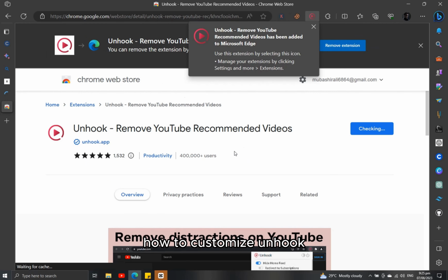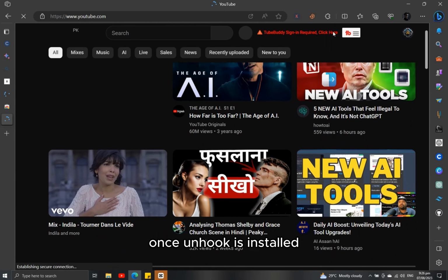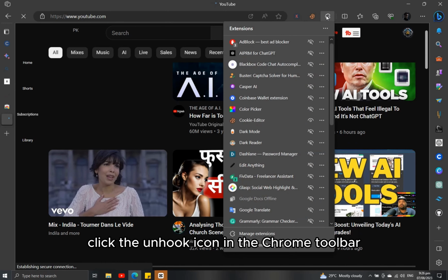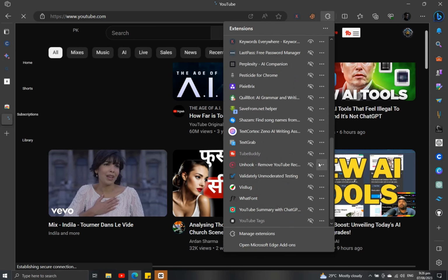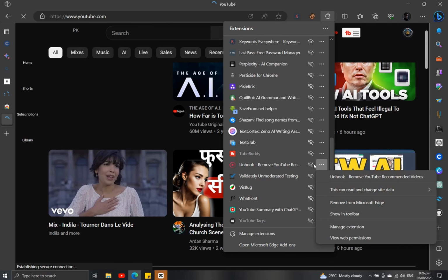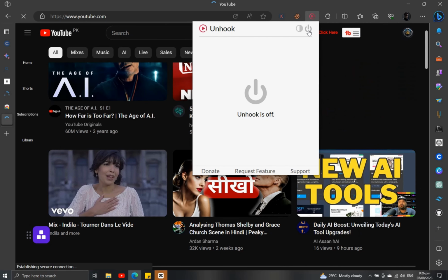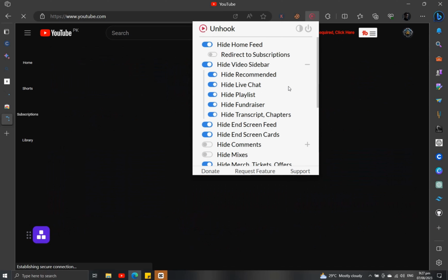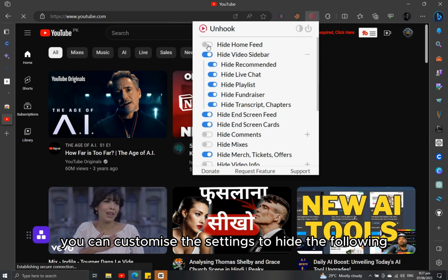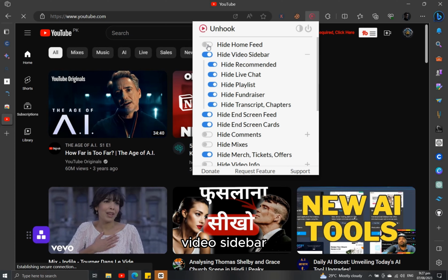How to customize Unhook? Once Unhook is installed, click the Unhook icon in the Chrome toolbar. The Unhook settings window will open. You can customize the settings to hide the following: homepage feed, video sidebar, recommended related videos, playlist, end screen cards,